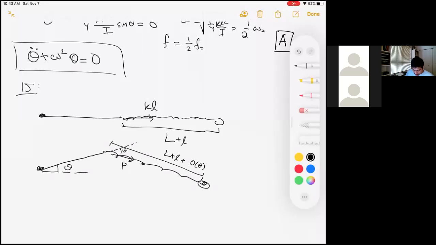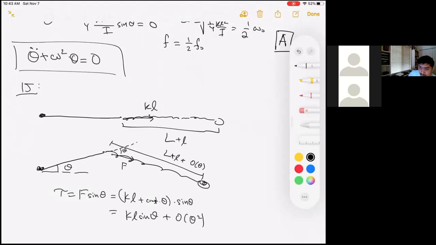So then the entire torque on this thing is F sine theta. That this is KL plus maybe some theta modification proportional to theta times sine theta, which means that the overall torque is KL sine theta plus an order of theta squared modification. So actually, my point is that in this problem, the amount that the spring changes its